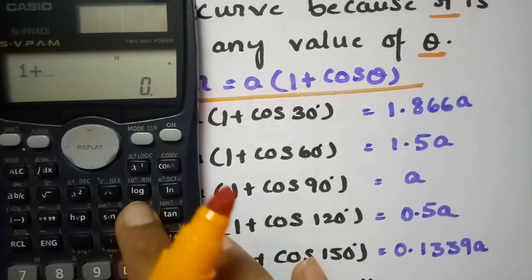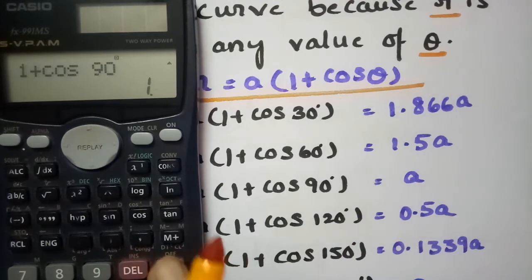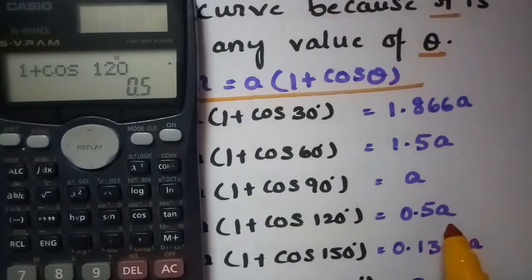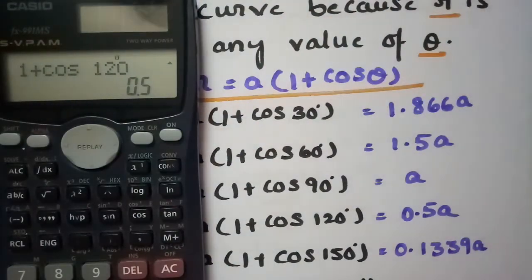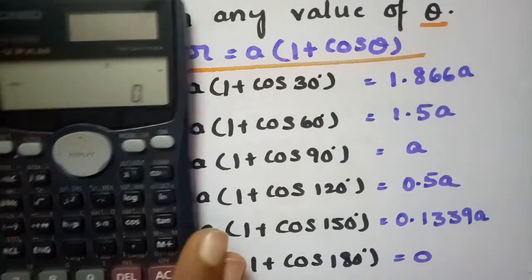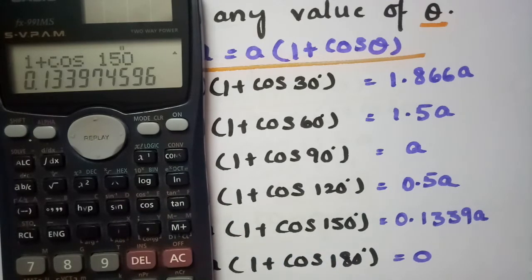That is 1 plus cos 90, the value here is 1. So 1 into a is 1. And the next one, 120, that is 1 plus cos 120. The value here is 0.5 into a. And the next one here is 150 degrees. That is 1 plus cos 150. So this is